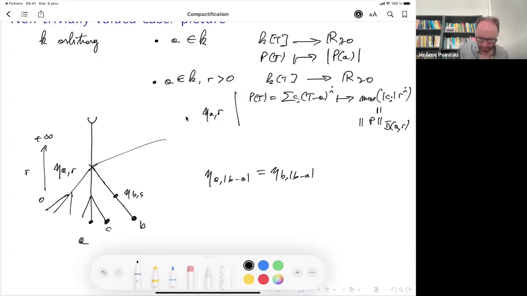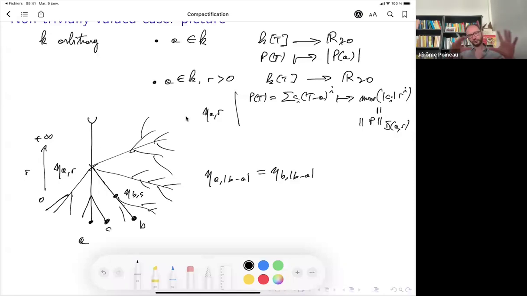And you continue drawing like that, and you end up with some kind of tree like this. So it's probably quite a familiar picture if you've ever heard about Berkovich spaces before. In dimension 1, it's something like this. So that's for the arbitrary valued field. In the trivially valued case, as we did before, you just get some degenerate picture, with very, very little branching, only at one special point associated to the trivial absolute value.